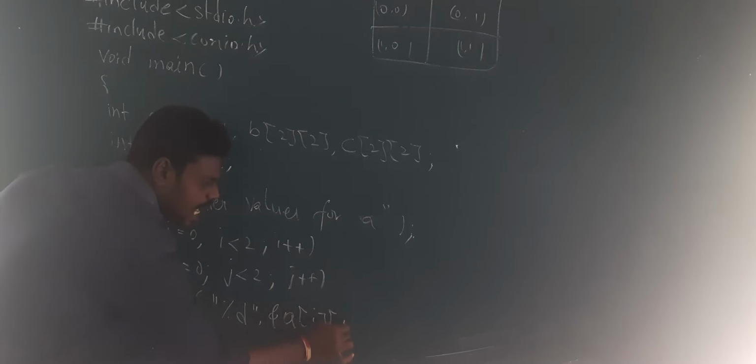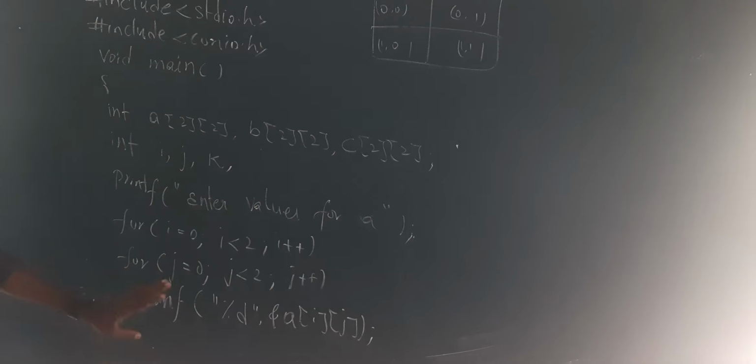See, in the outer for loop I have only one statement, and in this particular for loop again I have a for loop. So here I will write scanf, and here I will be accessing the element, which is integer type. So I am writing percentage d, and I will be storing that into my A, ampersand A of i and j. Okay, I will be explaining this. This will be similar for your B also.